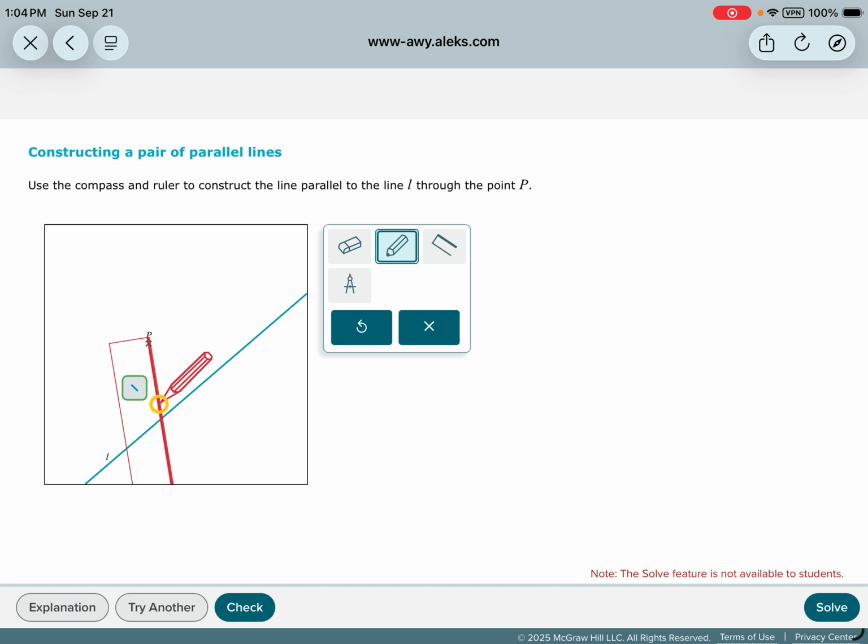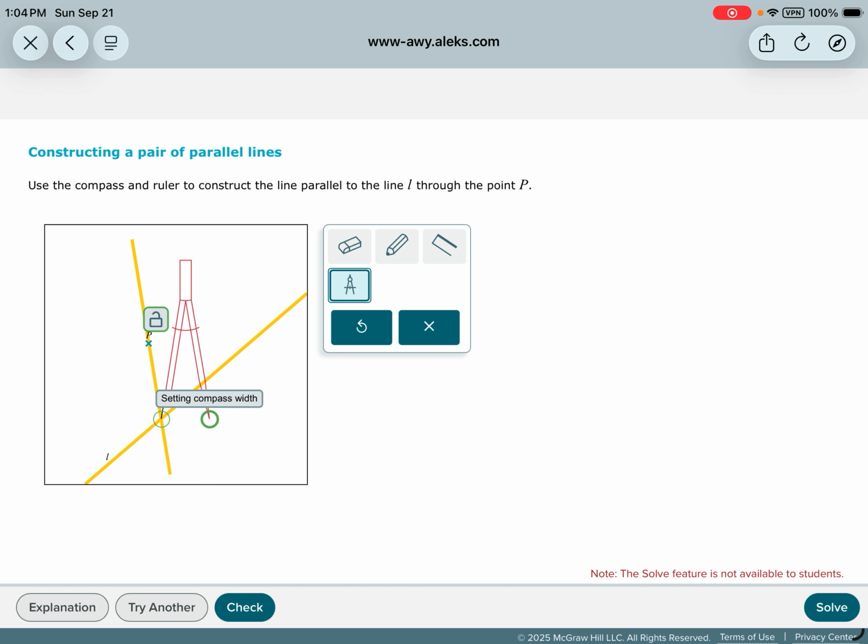We're going to stick our pencil down on that line, and we're going to then give ourselves a nice long line. There we go. We're going to turn that off. There we go. Beautiful. Now we're going to grab our compass,